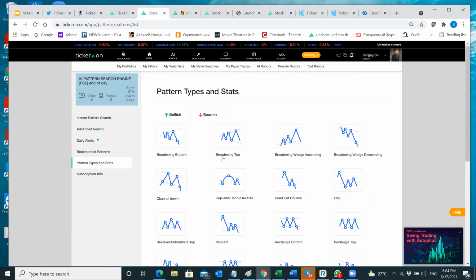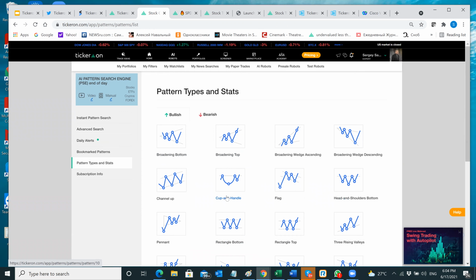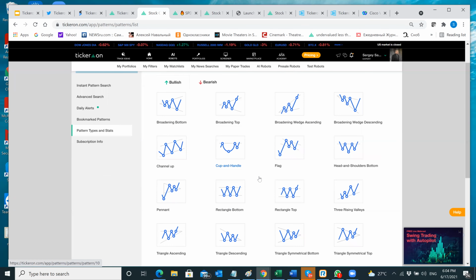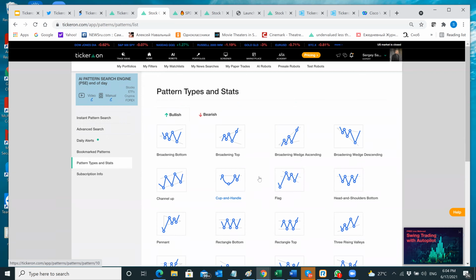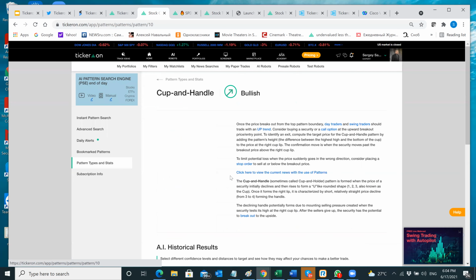These are the bearish patterns. Some of the famous ones, like cup and handle, all kinds of channels. Sometimes you go to the groups and they discover this type of patterns. They're going to tell you, oh, if I found the flag, it's going to work out. The fact is, it's not always going to work out. And then the question is how to identify the pattern and know whether or not it's going to work out, right? So what we do, we train neural networks to identify patterns like that, or head and shoulders, or